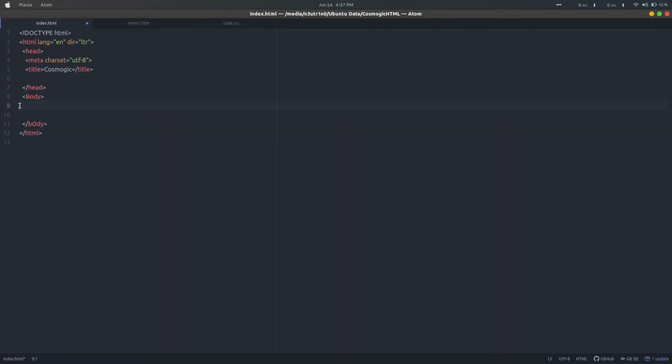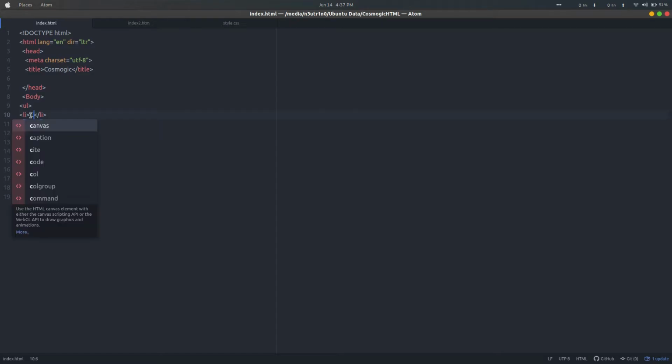Now the next one is the nested list, meaning the collection of both ordered and unordered lists. Like I have created here an unordered list item. I create here a list item. I created an ordered list also, and here I write a list item.